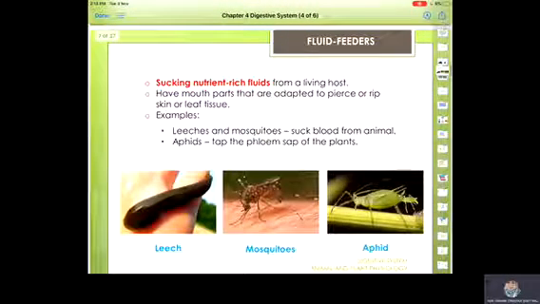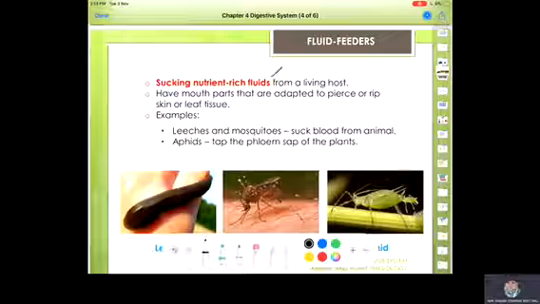And then the second type of feeding mechanism is fluid feeders. These organisms suck the nutrients from the fluid of the living host. So this group of organisms must have a mouth part that is adapted to pierce or rip skin or leaf tissue. Pierce means to penetrate. So the leech, for example, and the mosquito, they must have some adaptation to their mouth part to make sure that they can penetrate into the skin of the animal, or